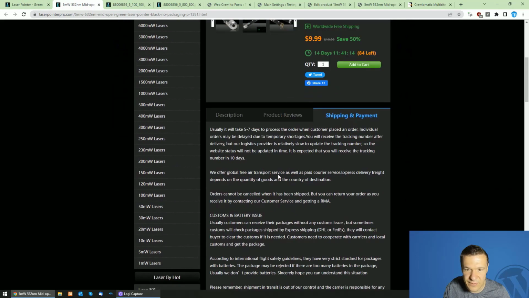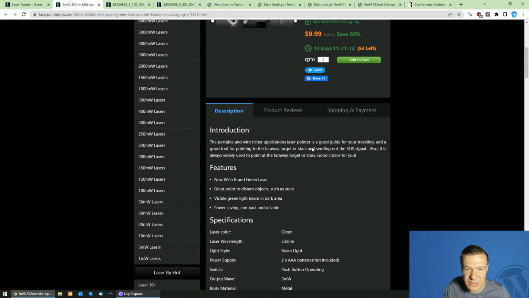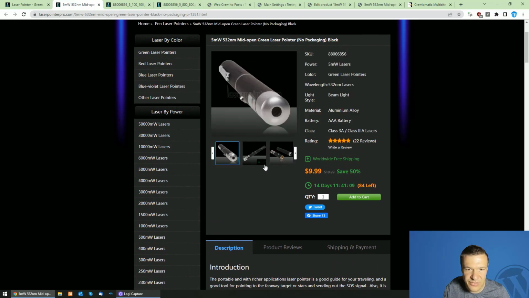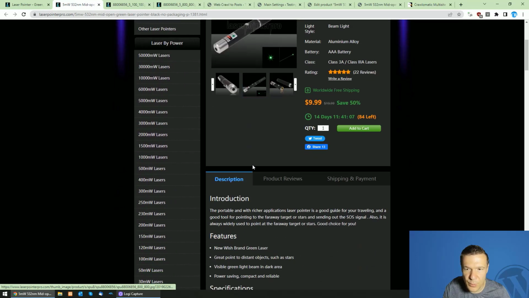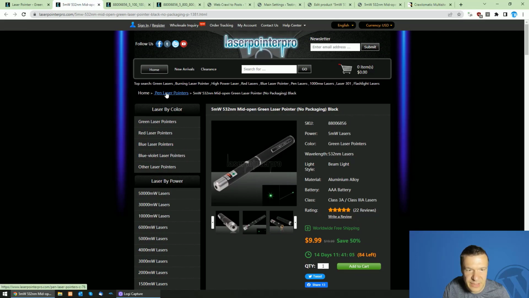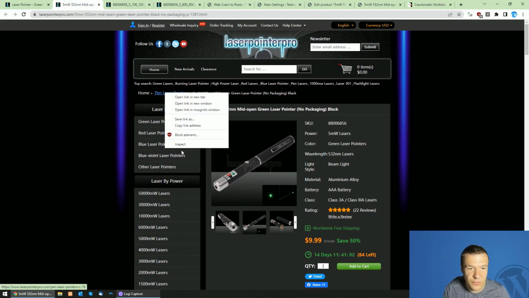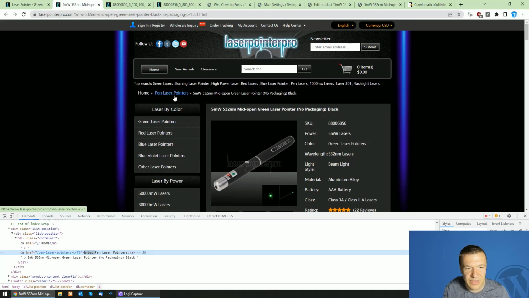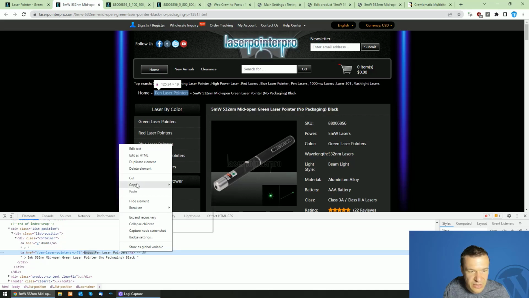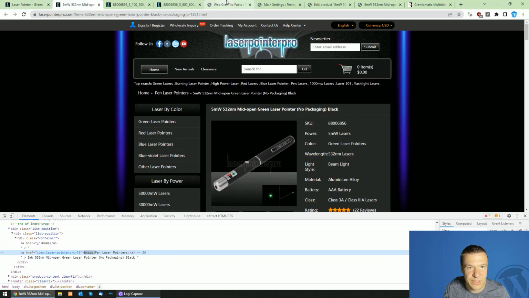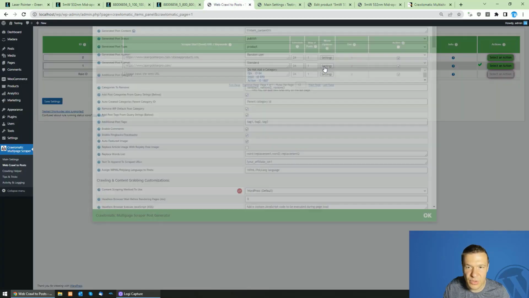So we have description, shipment, price, images, gallery. Let's scrape also a category for it in WooCommerce. So for this, hit inspect on this category which is appearing here on the product page, and highlight the part of the HTML which contains the category, and right click on it and hit copy XPath. So copy XPath, this is what you will need, and go to settings